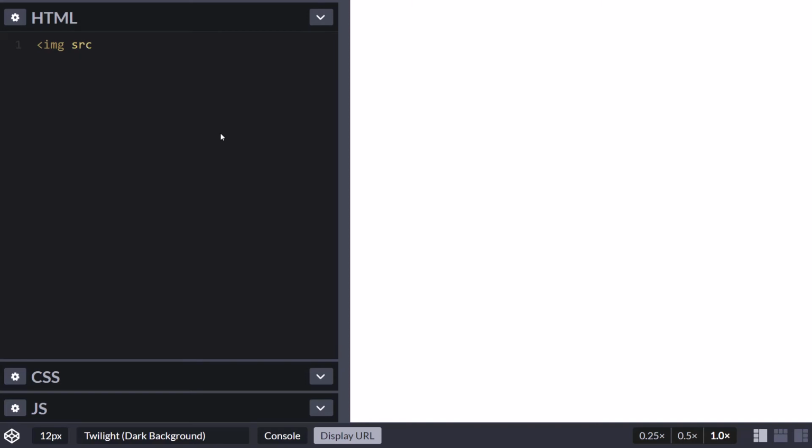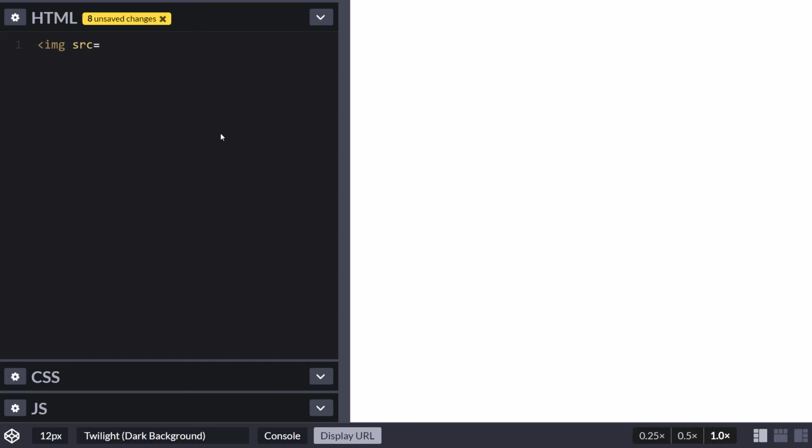Now, source is an HTML attribute, and this is the name of the attribute, which is src, and by itself it won't do anything, so we need to have a value. Let's do an equal sign, and you add the value in between those quotation marks, okay? You can use double quotation marks, or you can use single quotation marks.